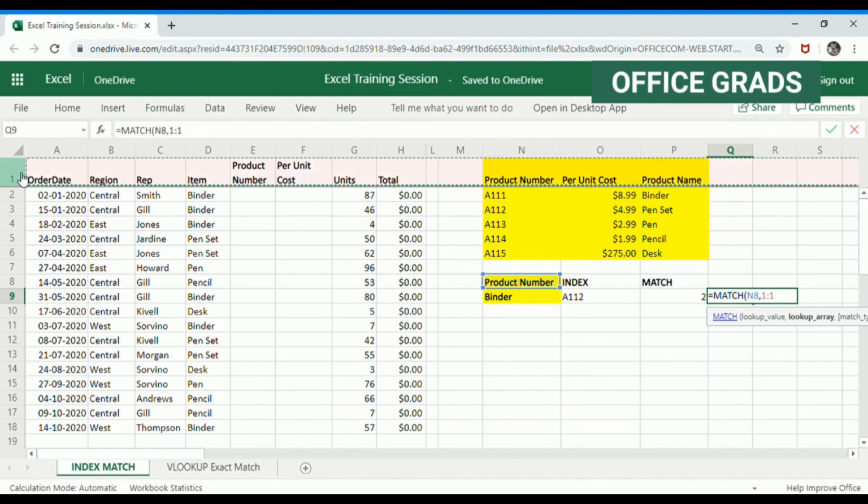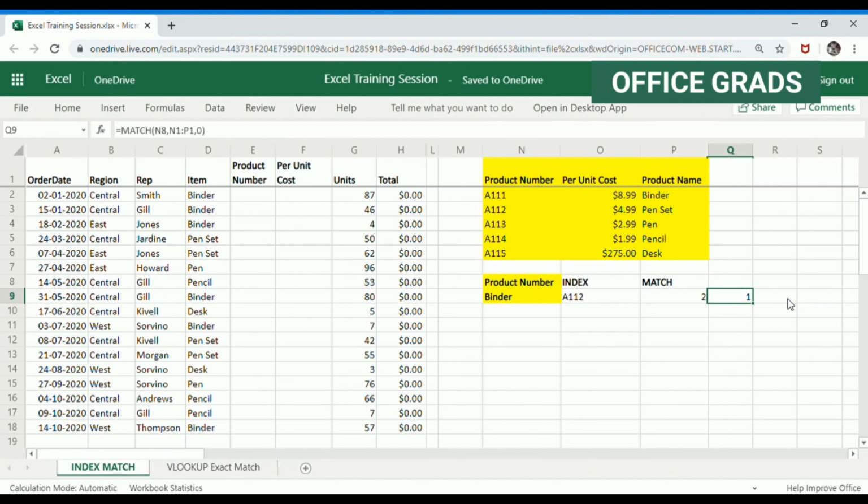It's available in the first row, right? First row, but in three different columns, right? Three different columns, but only one row. So I have selected from N to P, but I have only selected one row, right? And then I'm putting comma, and as I mentioned, I'm looking for an exact match, so I will type in 0 bracket close, hit enter.